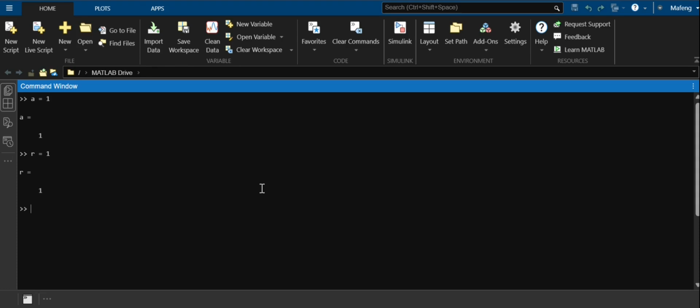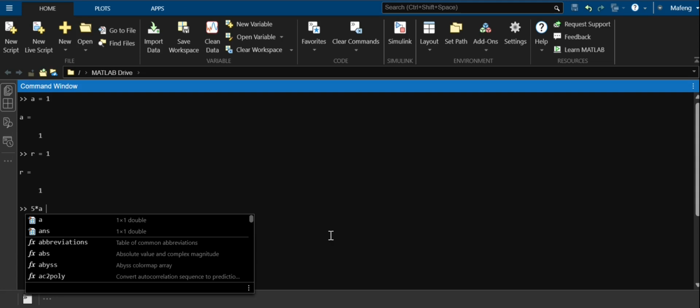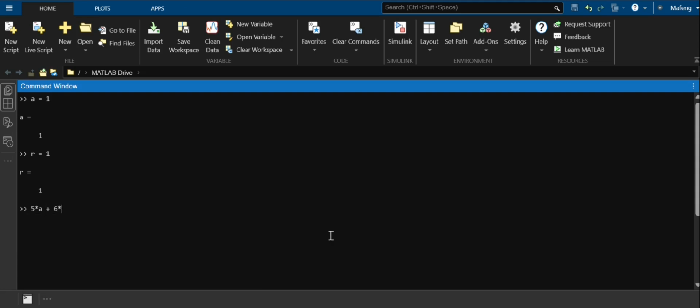Let's put the answer in a variable called y. Actually, we don't even need that. Let's just forget it. So first of all, first bracket, 5a plus 6r. So 5a is 5 times a plus 6r is 6 times r. So we would want to put this in parentheses, then times the second bracket,